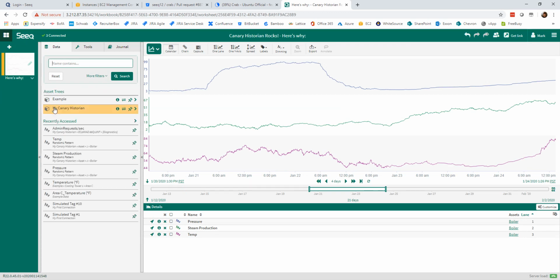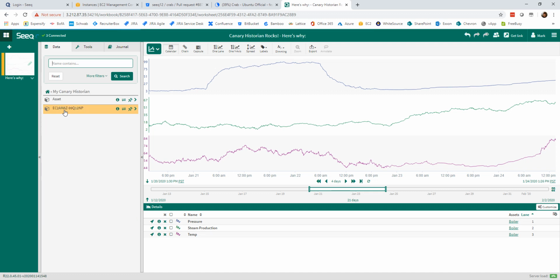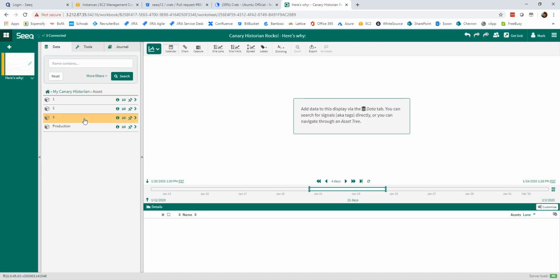So you can either go down through an asset tree, which has been set up in the Canary admin tool. In this particular asset tree, I've got 3 different plants, and I'm going to bring up a boiler in that plant, and I'll bring up 3